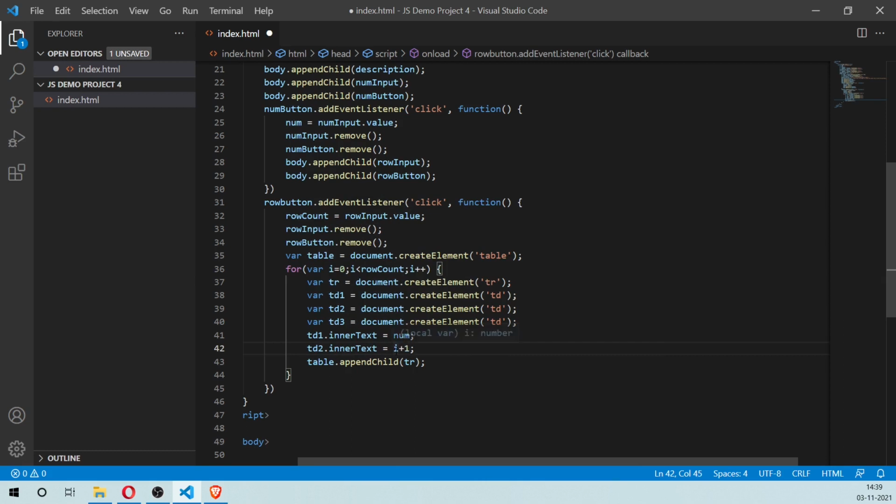Actually, the reason why we are typing i plus 1 is that we are starting with 0. Okay, so the first row should contain 1. You can actually do i plus 1, or you can just start from 1 and we can eliminate this thing.